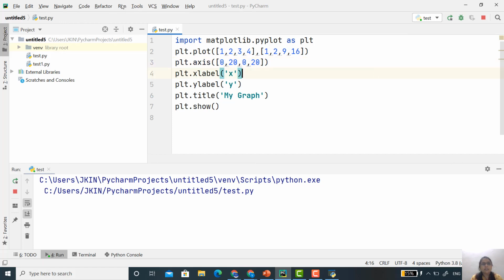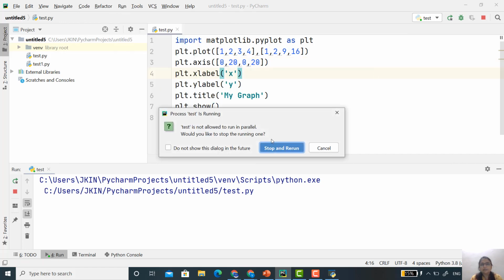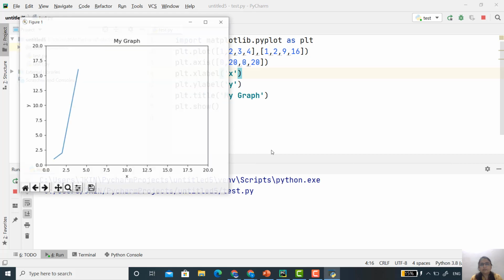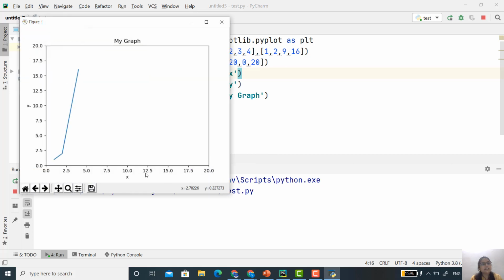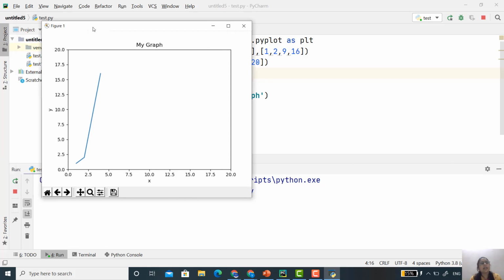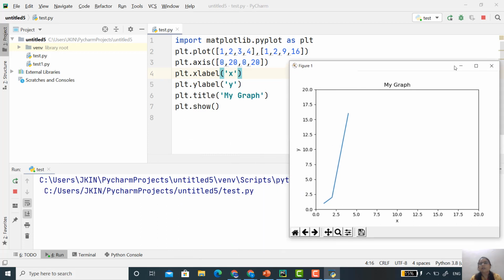Now let's see what happened. Yes, it is from 0 to 20, and my y-axis is also from 0 to 20. So likewise you can modify your graph.